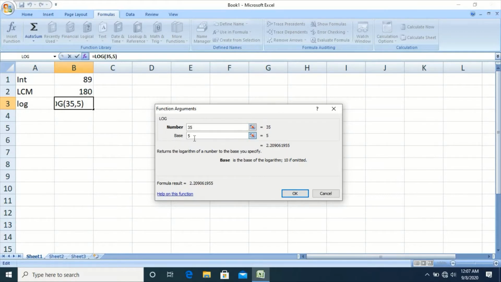Whereas in case of base, it is optional. If the value is not specified, it will consider some default value. So in this case, if the base is not specified, it will consider it as 10. It returns the logarithm value of 35 to the base 10.